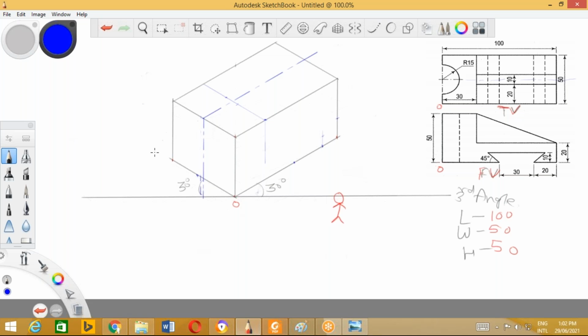Now I'll show you exactly how the lines are to be drawn. Getting me? Now see the points which we have marked 20 millimeter above. We'll consider this point and we'll draw a line. Done. So in front view, these lines are visible.